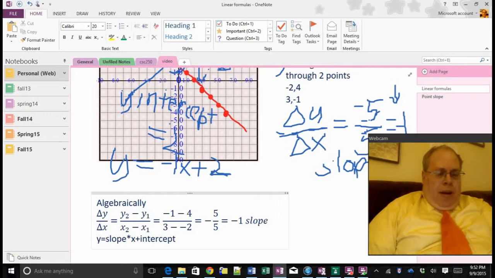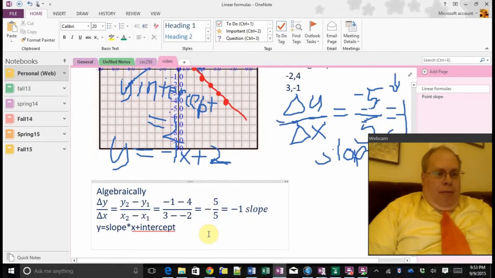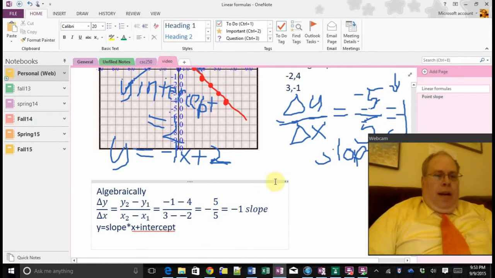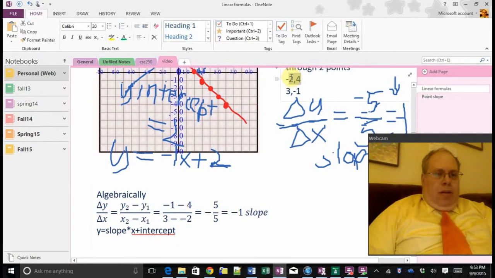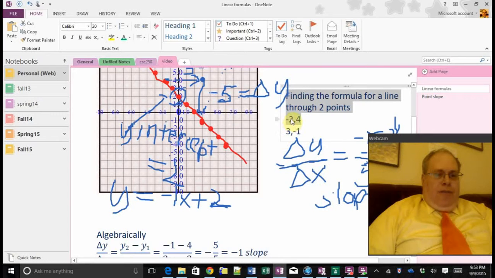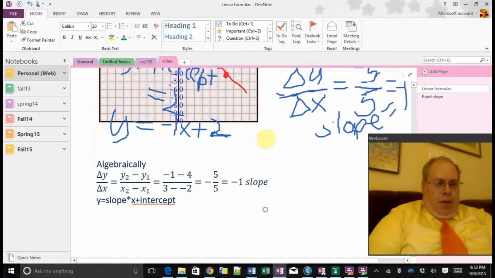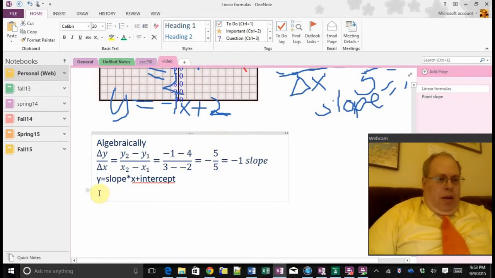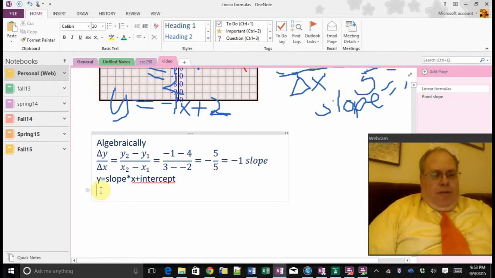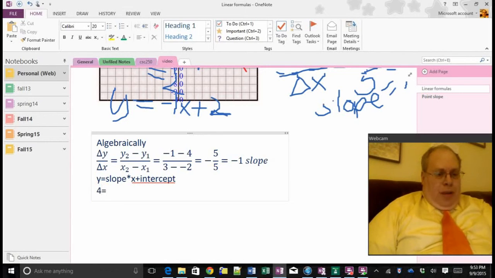Well, we know the slope, and we have a couple of y's and x's. I'm going to use the first point, -2, 4. I could use the other point too, but I'm going to use that one. And so I'm going to do 4, the y, equals -1, the slope, times -2, the x,